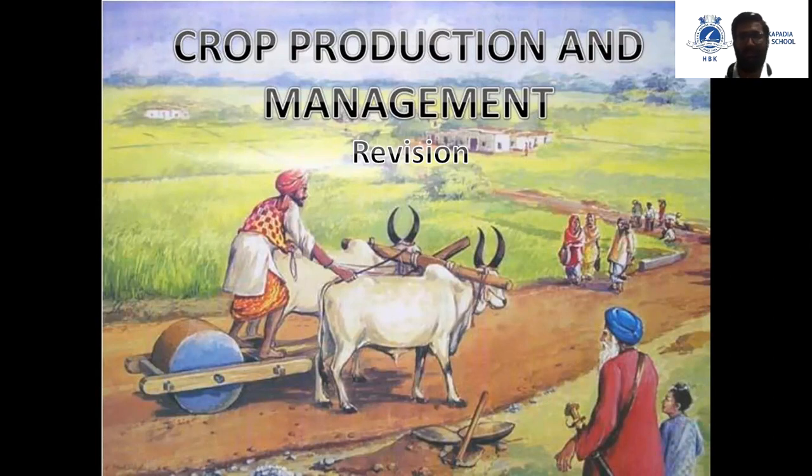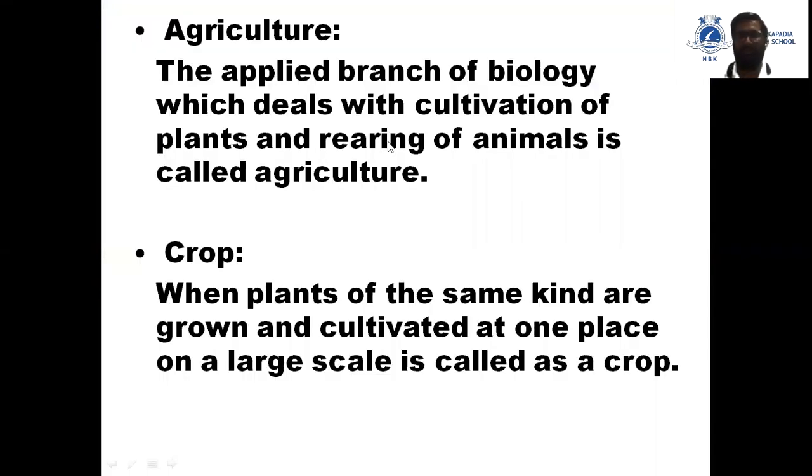In today's session, we will do quick revision for chapter number 1, crop production and management. So, I'm starting with the first word, agriculture. Yes, it is the applied branch of biology which deals with cultivation of plants and rearing of animals. Now, what do you mean by the word crop? Yes, when plants of the same kind are grown and cultivated at one place on a large scale,